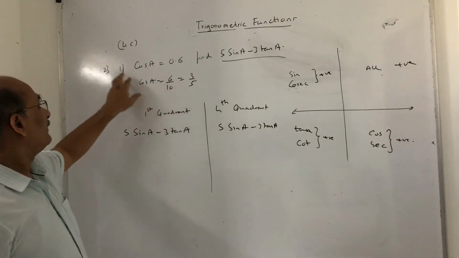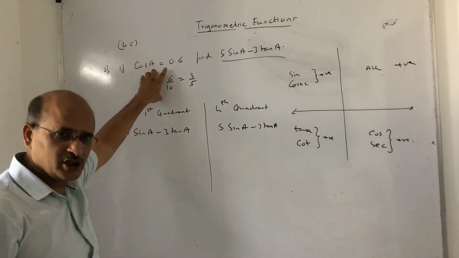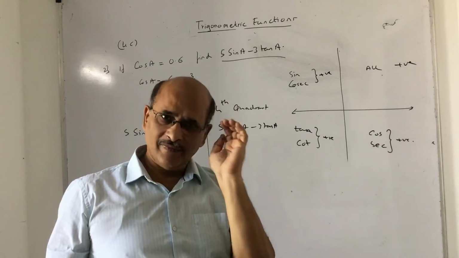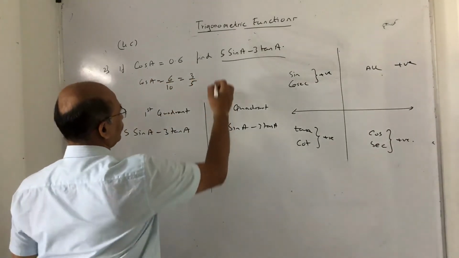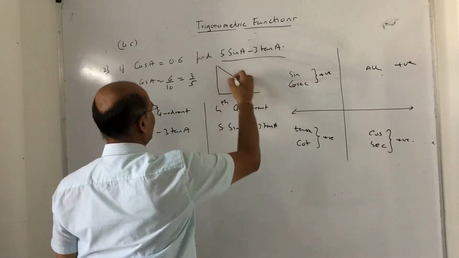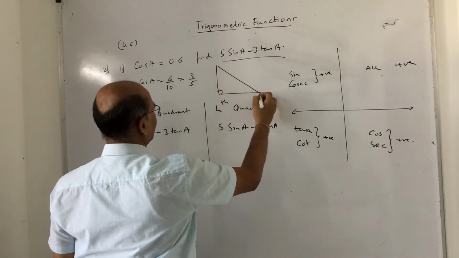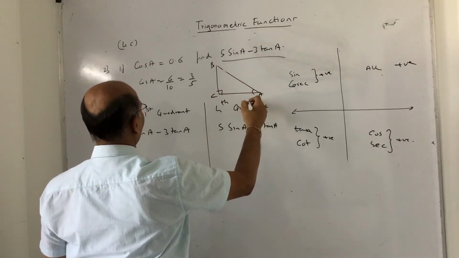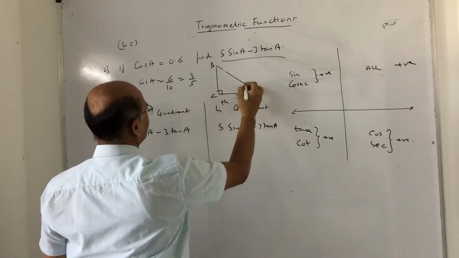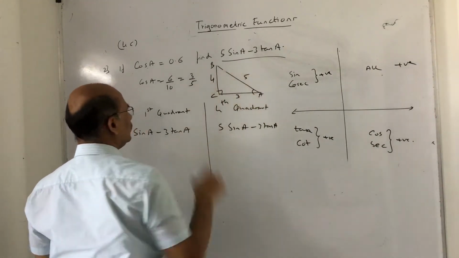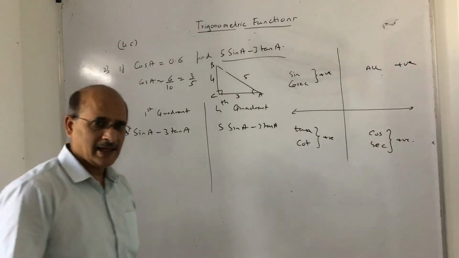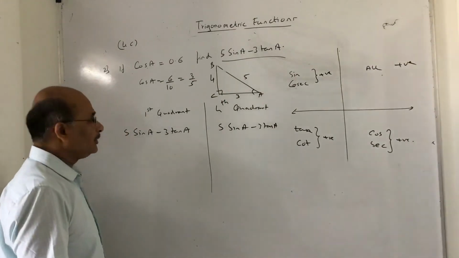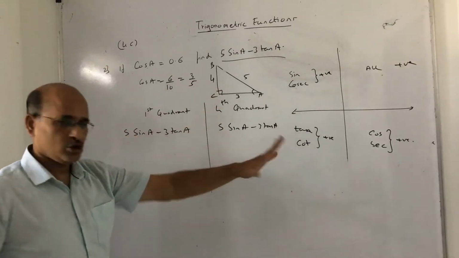Now I told you, whenever a conditional sum is given to you, your first job will be to draw a right angle triangle and then attack and find the missing side. So I'll just go ahead with it and make it comfortable for you all. So this is nothing but A, you can take this as B, this as C. So cos A angle I am talking about. So cos is nothing but 3, this is 5, this will become 4. Once you find the missing sides, you have your distinct freedom to do it. You can find any ratio.